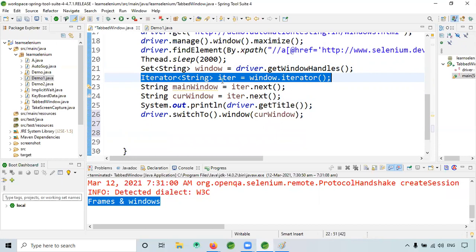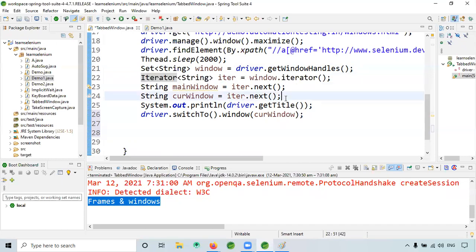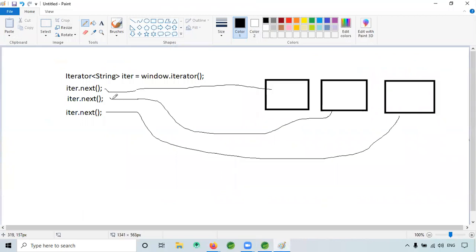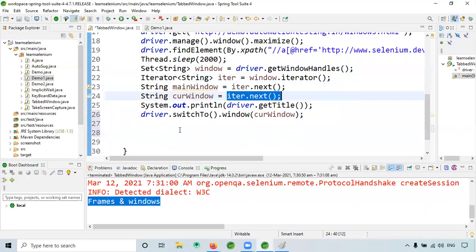If we have integers, you can use a for loop to iterate. Similarly, if you want to iterate over a set, we have to use an iterator. So I'm giving iterator dot next, iterator dot next, like that. Okay, got it.